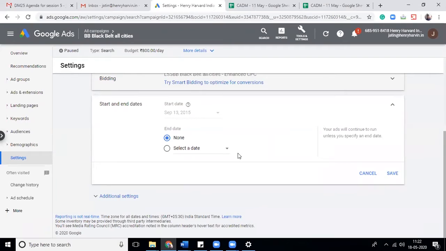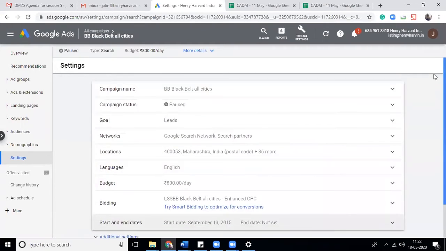So what you will do is you will set up a campaign today with a starting date, let's say 20 days prior to Diwali, and run the campaign for the next 3-4 days of Diwali, and after that it ends. So you set up a starting date as well as an end date. I can't set up a starting date because my campaign has already started. But when you create a new campaign, generally you can set it up. Okay, so that's starting date and end date. That is all in settings.